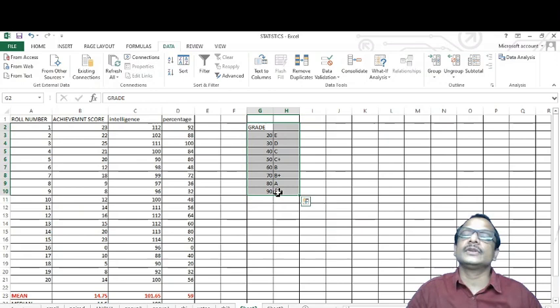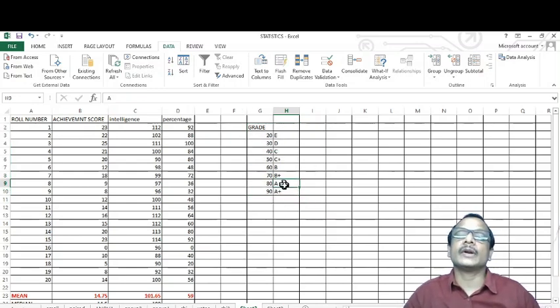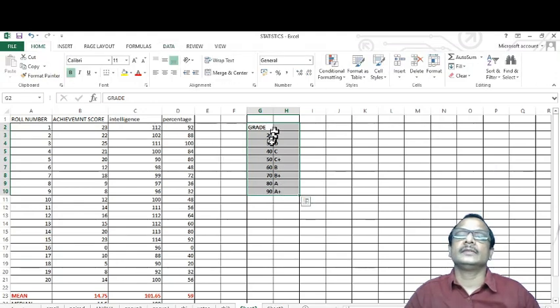This actually means that any score above 90 will obtain a grade of A plus. Any score above 80 up to 90 will get A. Any value more than 70 up to 80 will get B plus. This is the meaning of this table. Create a table like this; this is the first thing we have to do.